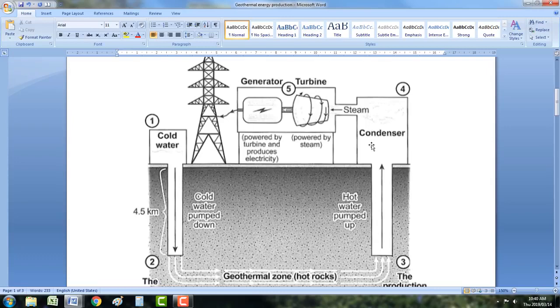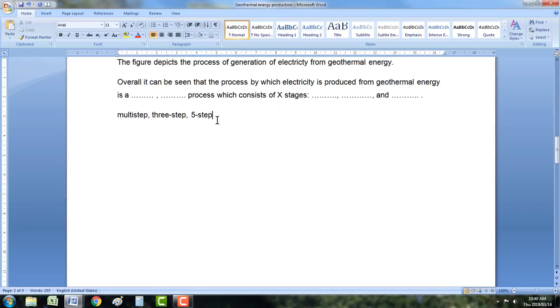These 5 things are stages. So most of the time, it's safest just to go with multi-step over there. So there it is, a multi-step. And then this, you're just going to say whether it's linear or cyclical. Does it end up in a different place to where it started, or does it go round and round